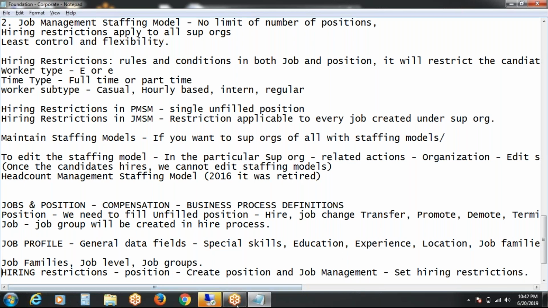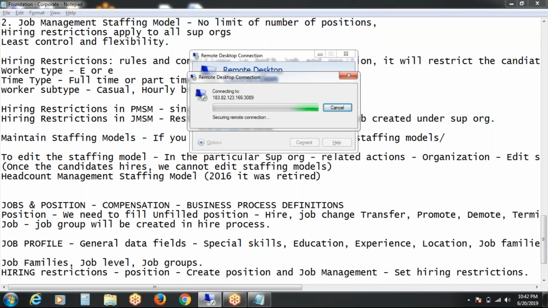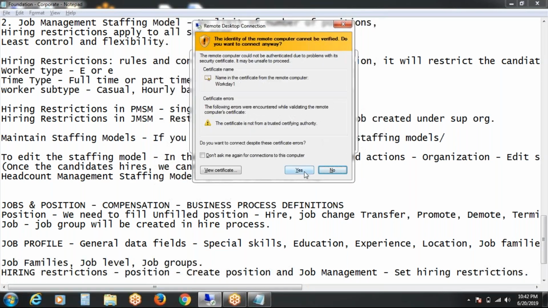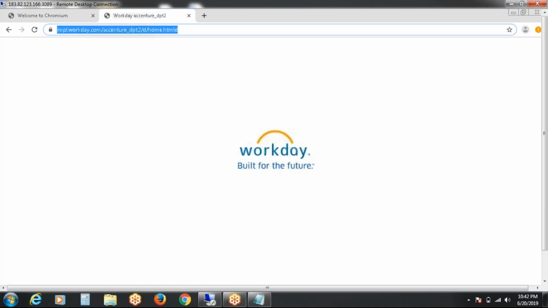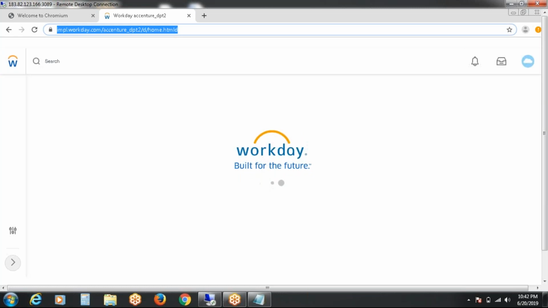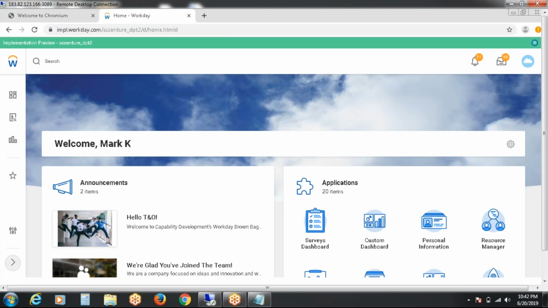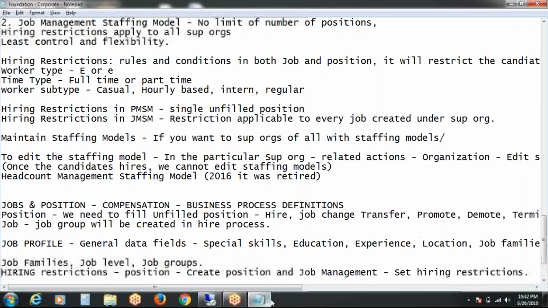Go to the tenant. So the task name is called Create Job Profile.